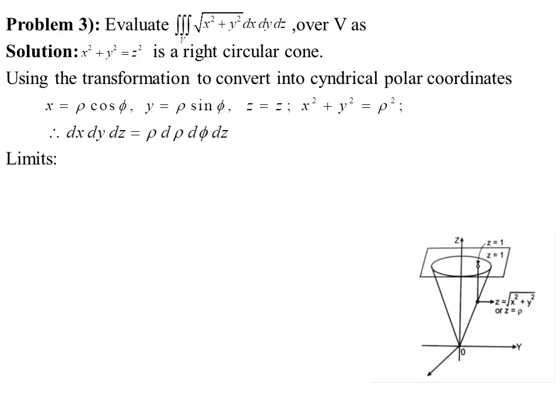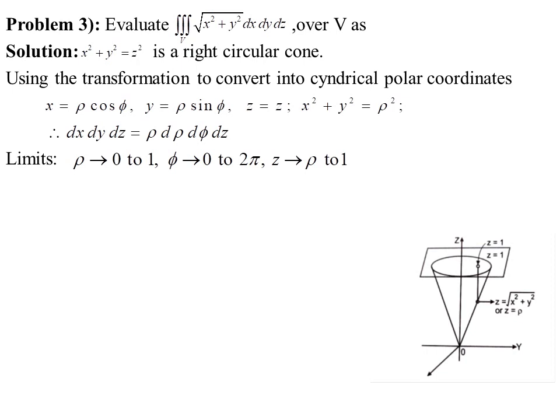So limits over here we can put as rho will vary from 0 to 1, phi will vary from 0 to 2 pi. If you are taking the projection of this circle or cone on the xy plane, you are going to get a circle. So for any part of this cone whose projection we are taking, phi will vary from 0 to 2 pi and rho will vary from 0 to 1,